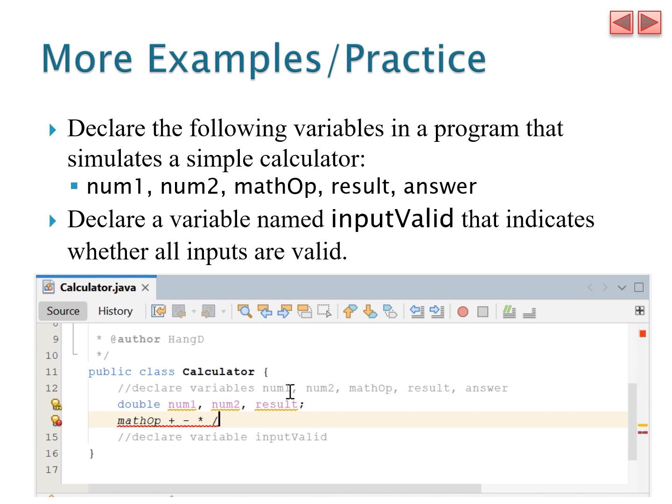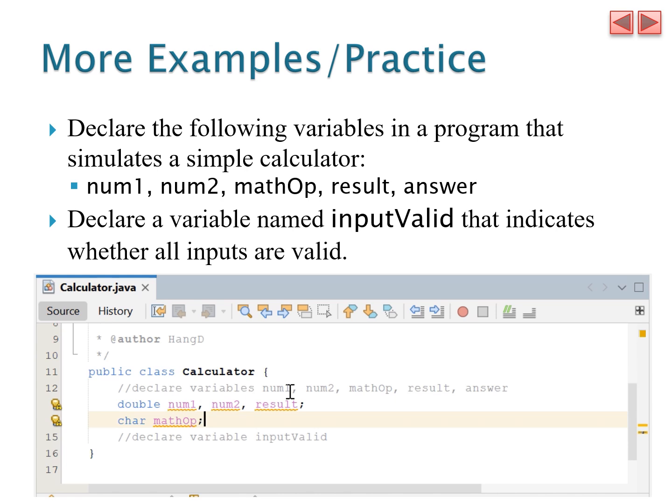In other words, it stores only a single character. So its data type is char, and we declare it as char mathOp;